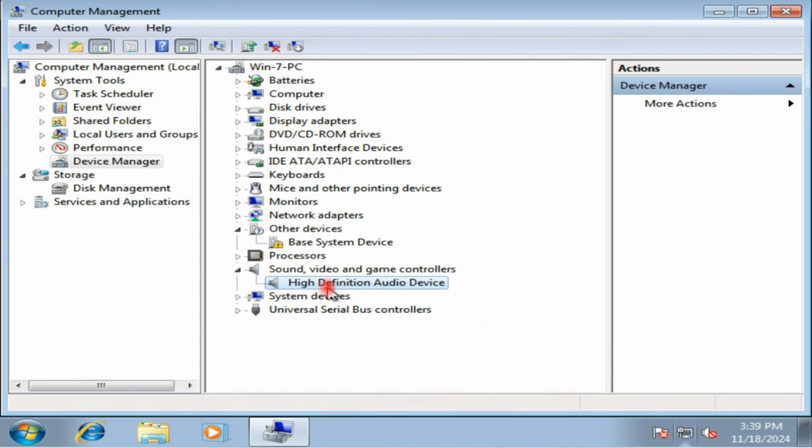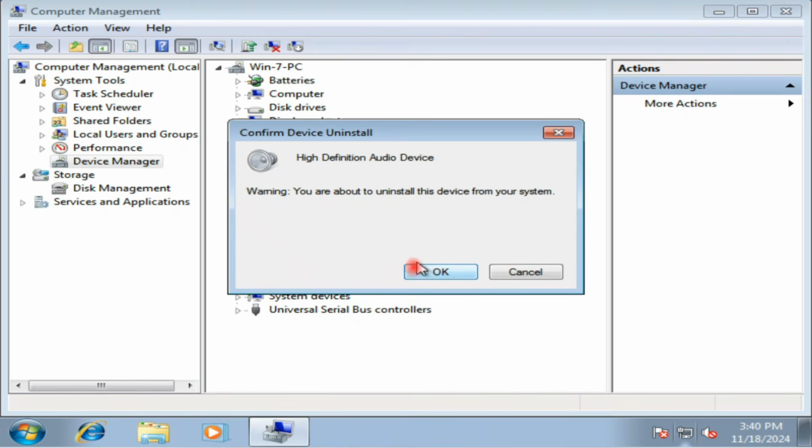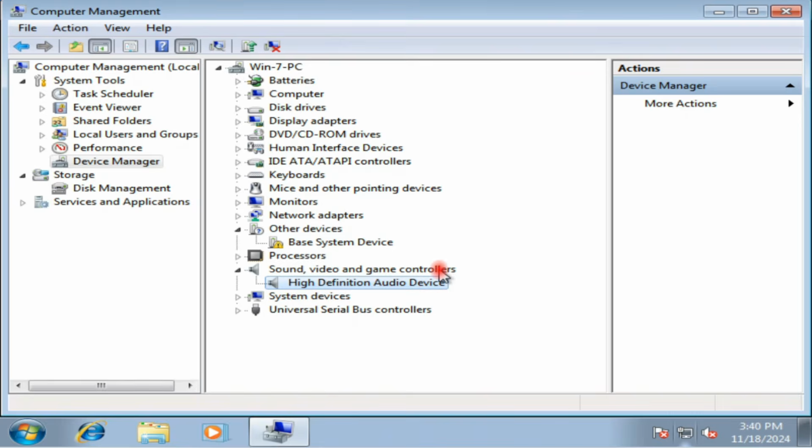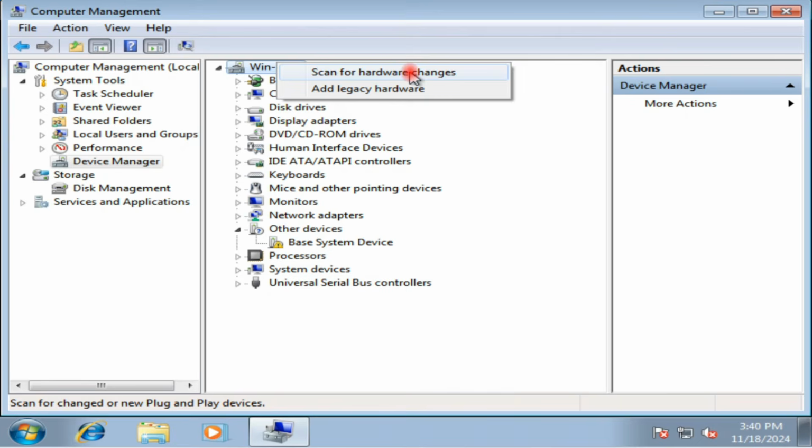Now right click on this option again and click the uninstall option. Click on OK. Now click on the Windows 7 PC option again, right click on it and choose scan for hardware changes. Click on it.